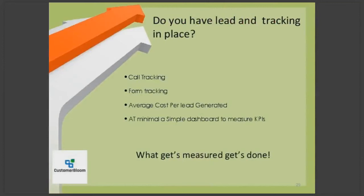Again, this is another thing to think about. Do you have even lead tracking in place? Are you doing call tracking? Are you doing form tracking? So someone comes in, are you monitoring? Are you looking at what the average cost per lead generated is? So if you got 35 phone calls in a month or 100 phone calls and you put it up against